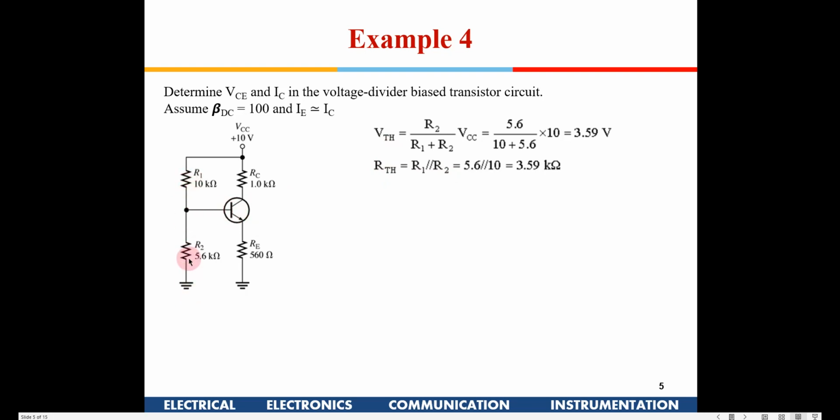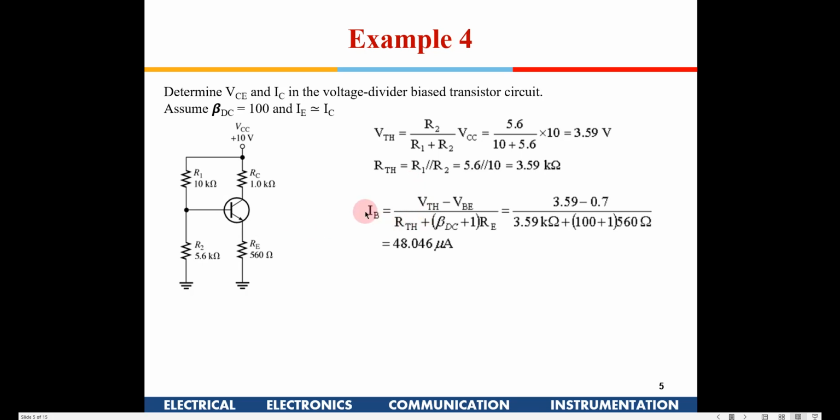That is why, if you remember in the theory class, when we tried to find out the values of R1 and R2, we assumed this current is going to be at least 10 times the current which is going into the base. So these resistors are generally much smaller, so that a higher current flows here and this voltage remains stable with respect to IB. So you use the potentiometer rule to compute VB out here, right? Then we can find out the value of IB out here.